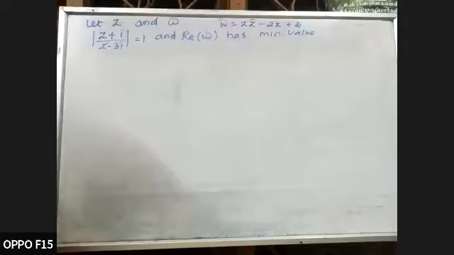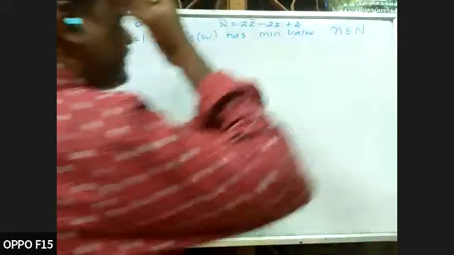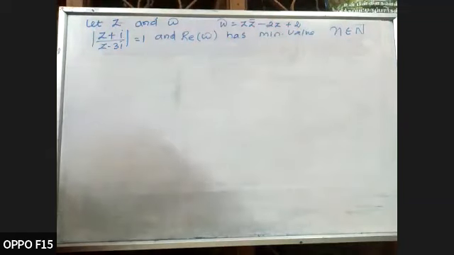Then the minimum value of n, which belongs to capital N, that is natural numbers, for which